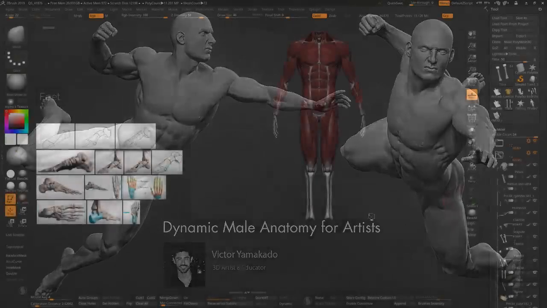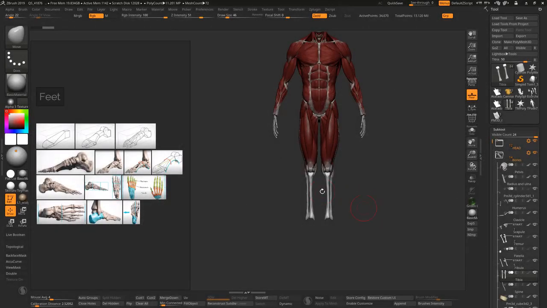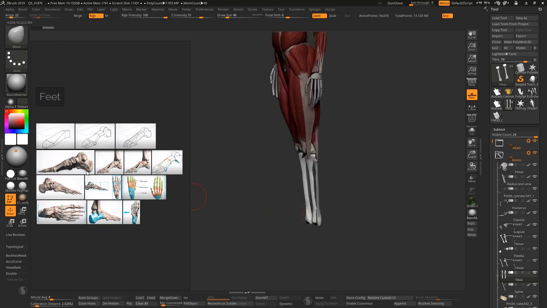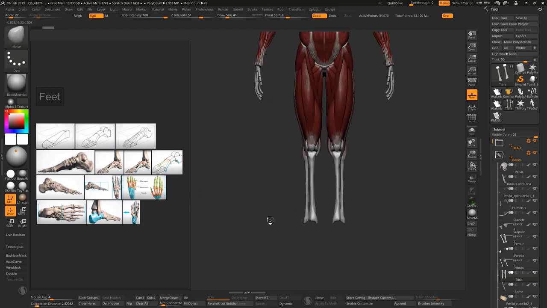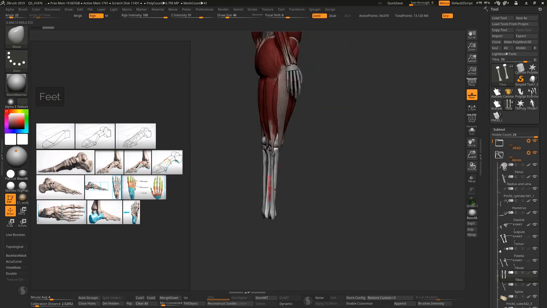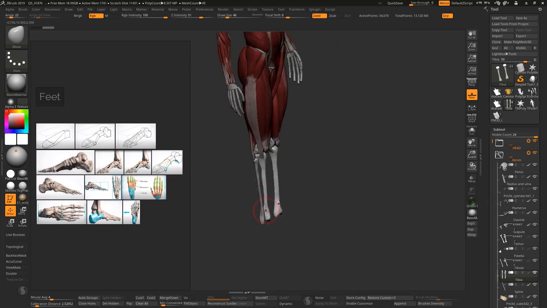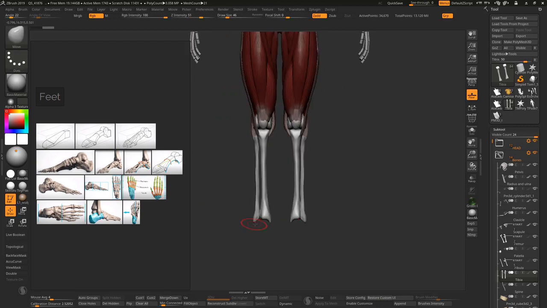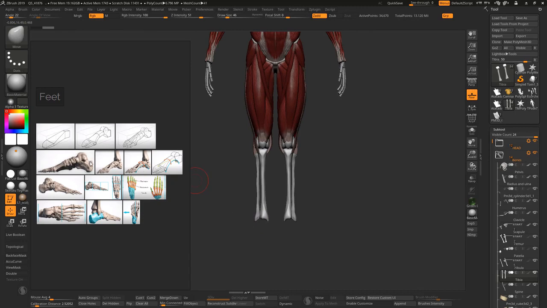Okay, guys, so before we continue with the muscles of the lower leg, I think it's really important to first have the bone structure of the feet, because some of the muscles of the lower leg will be attached right there in the bones, the feet bones. So because of this, I think it will be good for us to create